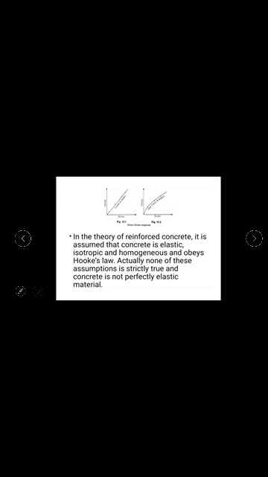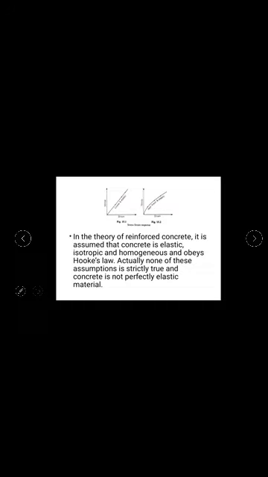As you know, Young's modulus of steel is constant, Young's modulus of aluminum is constant, all the Young's modulus for different materials are all constant. Young's modulus is the measure of elasticity. But in the case of concrete, as concrete is a heterogeneous material, it is not constant, and the values keep changing for it.